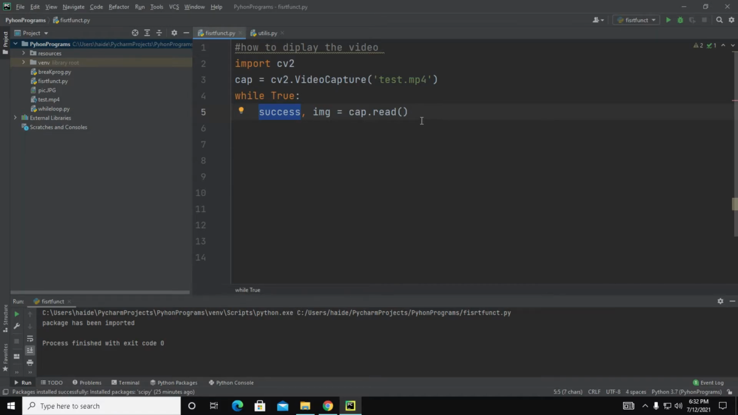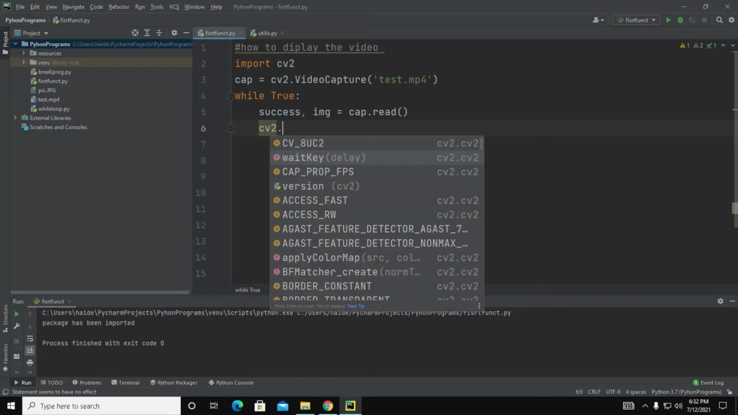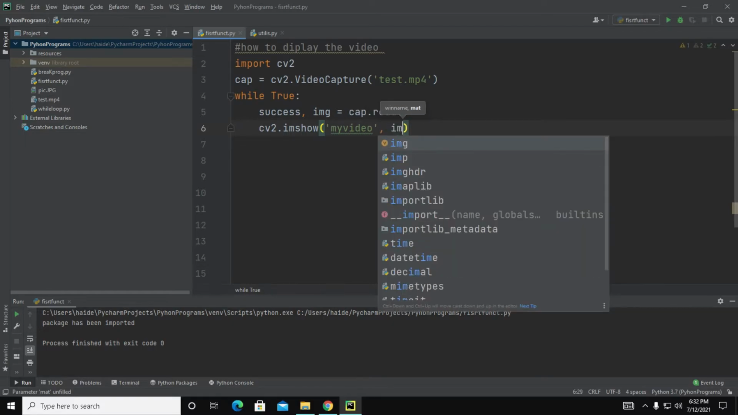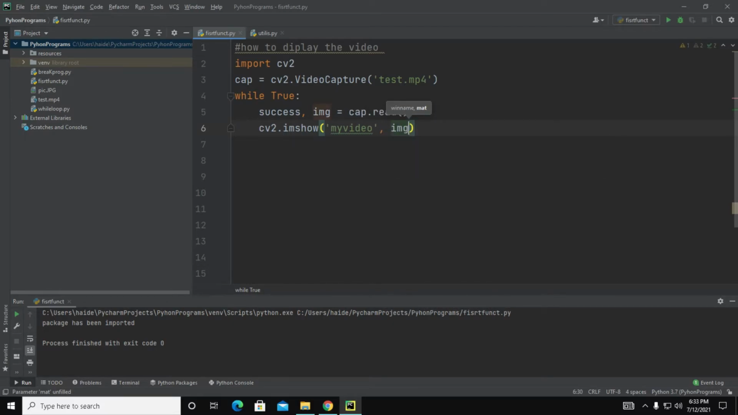Okay, so after that we need to type here cv2.imshow, and here we can type our title of the video, so the title is my video, and here the name of this variable where the video is stored. Okay, and then we can write an if condition. If the Q key is pressed, it should exit. Okay, so if